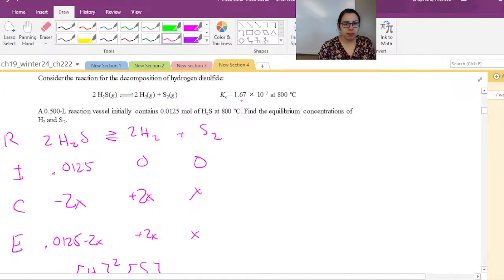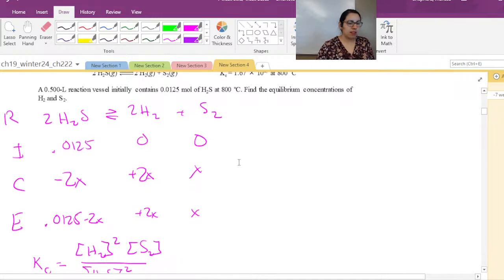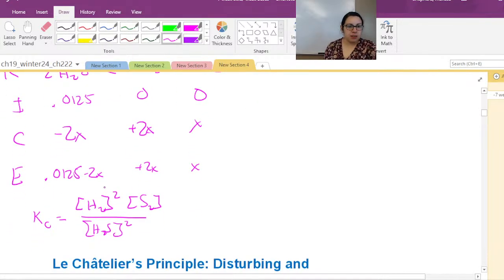So 1.67 times 10 to the negative 7th. I just haven't written it yet. I was just making sure everyone got to here. And then we can start to see where this is going to get nasty. And so we start plugging this in, so 2x squared